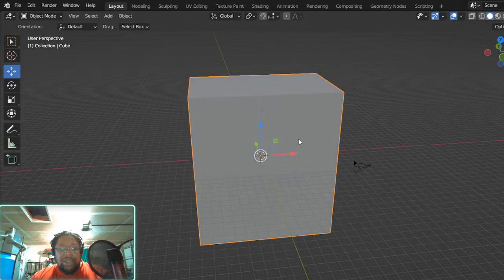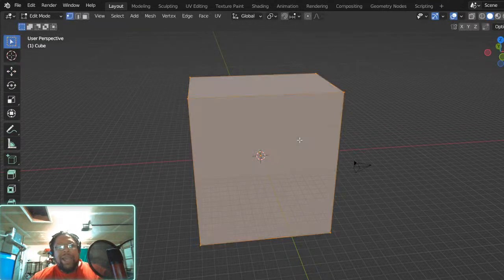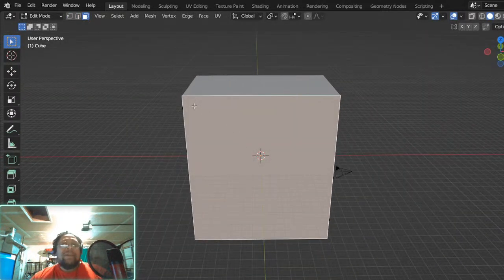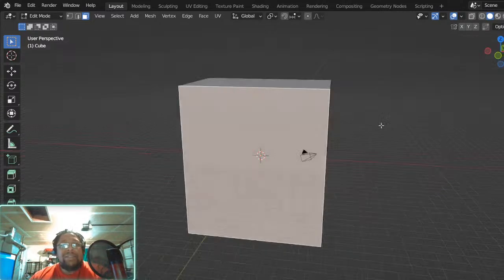And what I like to do is break this down. So I'm going to hit Tab, go into editing mode, and break these walls down and name them. Now, a good tip is to name your parts, so that everybody else who has to work with your model or your scene can be told exactly where to go. If there's a problem, they can say, such and such wall, this is where I'm having an issue. So name your stuff, man. Name your stuff.